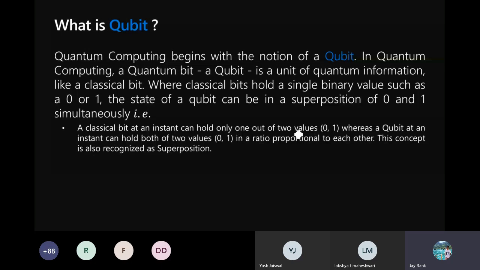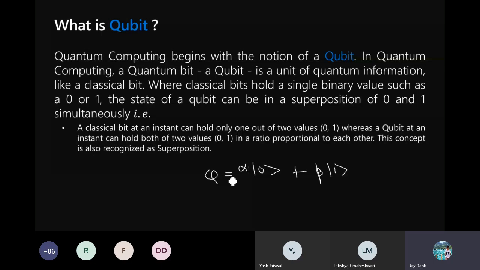For example, say there is alpha. Just let me write it down. Let's say the probability of 0 is alpha. So if you want to see the current state of the qubit, it will be something like alpha times the state of 0 plus beta times the state of 1. So this is how a qubit can be measured. This is not the way to be measured. This is just the current state. This is how the current state of a qubit is defined.